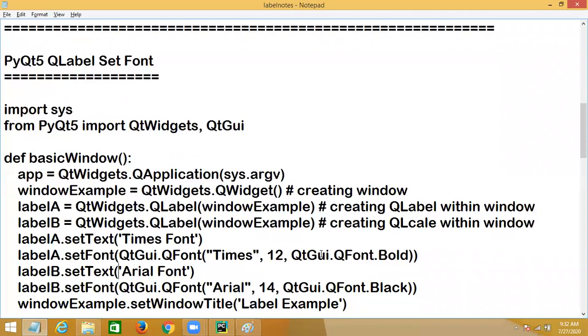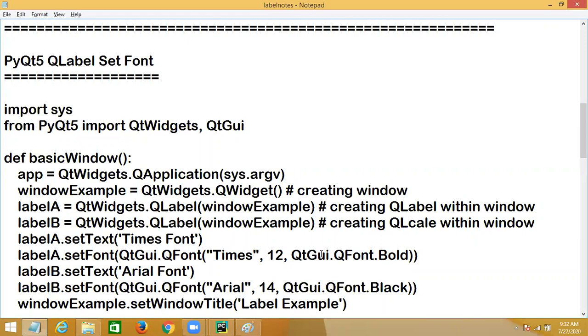But for label B, which font did I set? Arial font. How do I set the font? By using setFont, followed by a font object. Where do you find the font object? Within QtGui. The font object requires the font name, font size and type, like bold, italic, black.